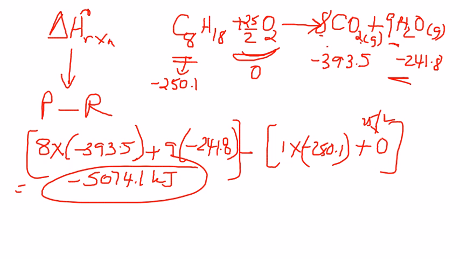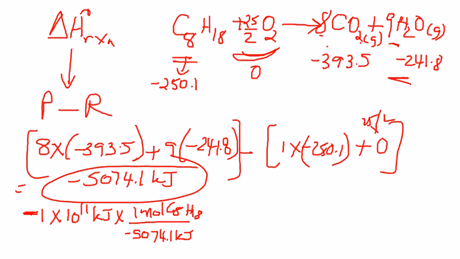Now we are given that the city uses up 1 times 10 to the power of 11 kilojoules of energy. That is what the city essentially utilizes. And realize that since this combustion reaction must emit that much energy, we are going to use that as a negative sign, just saying that this is an exothermic reaction. We also know that this value of 5074.1 kilojoules is true for 1 mole of octane,